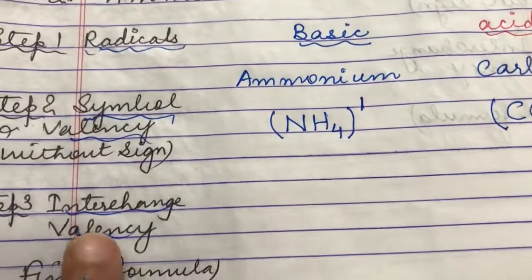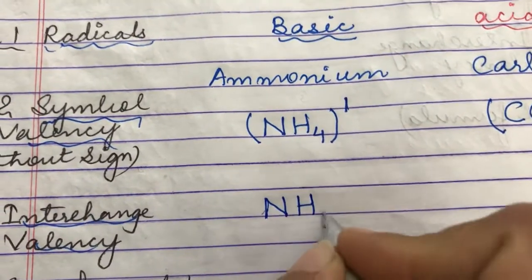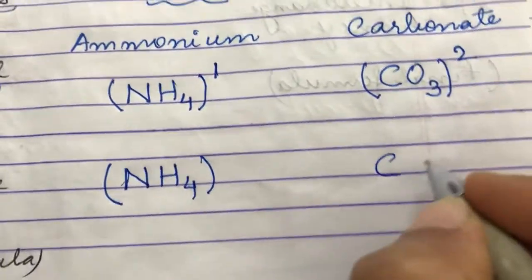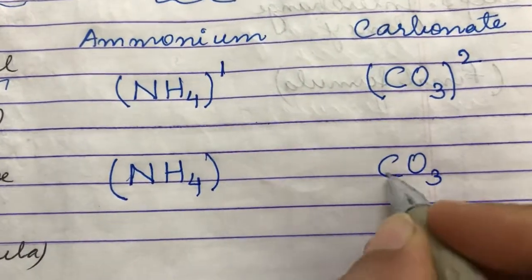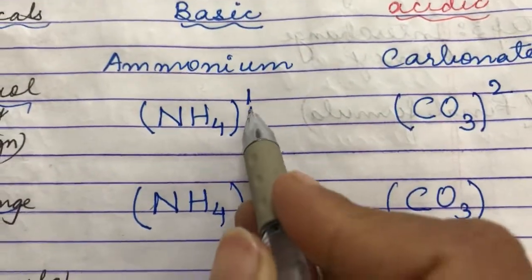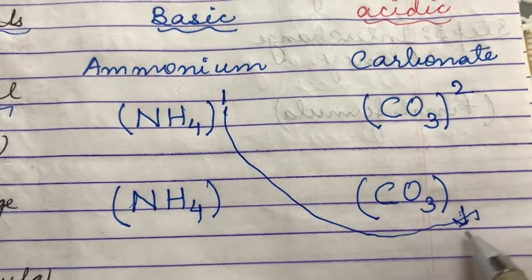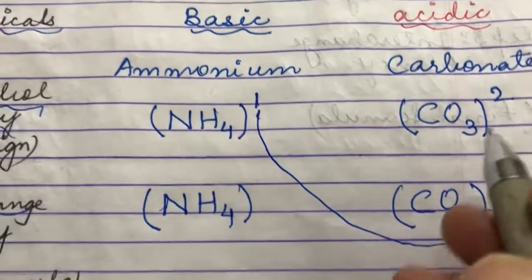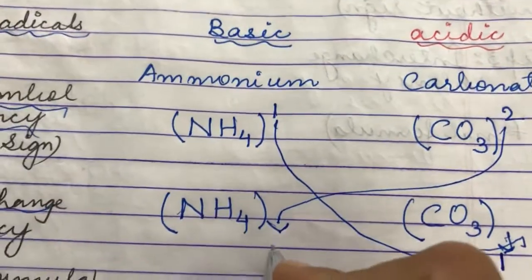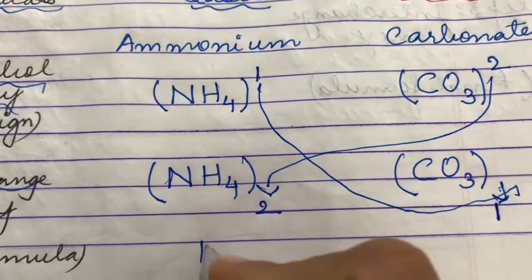Now when you need to show the interchange, you write NH4 as it is. Again put this in a bracket because the whole of it is one formula. CO3, put this also in a bracket as this is also one formula. Now we need to show the interchange. So this 1 comes down here in the subscript of carbonate, CO3, and this 2 comes down here in the subscript of ammonium. In the final answer, we need not put a bracket here. So our final formula becomes